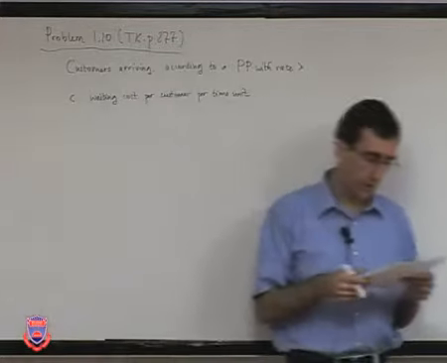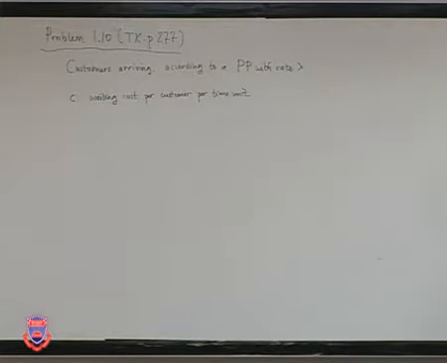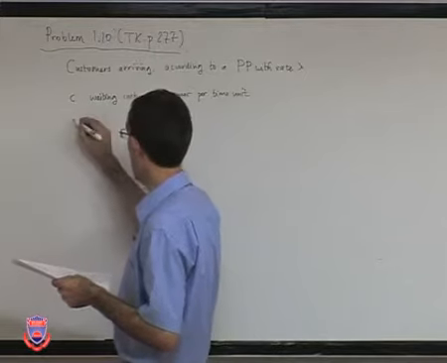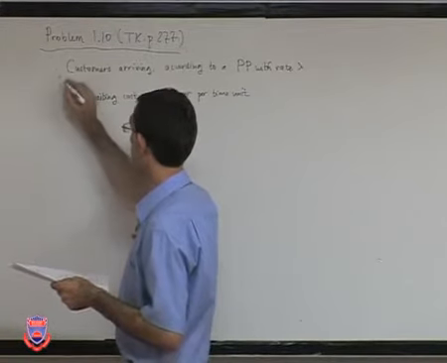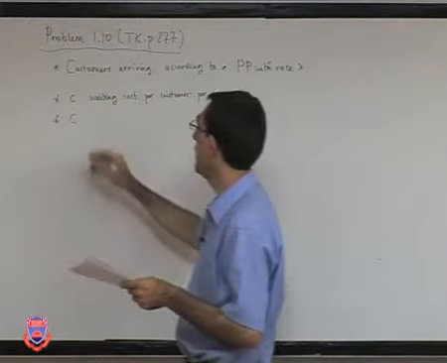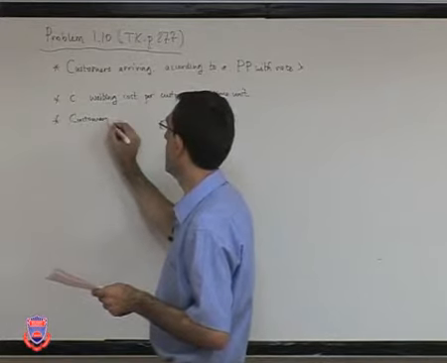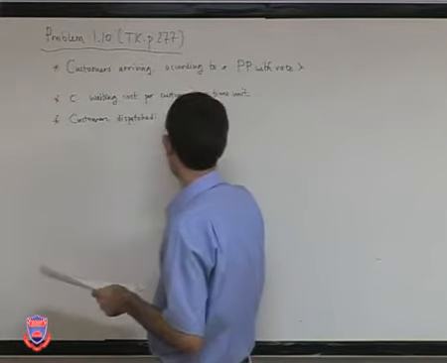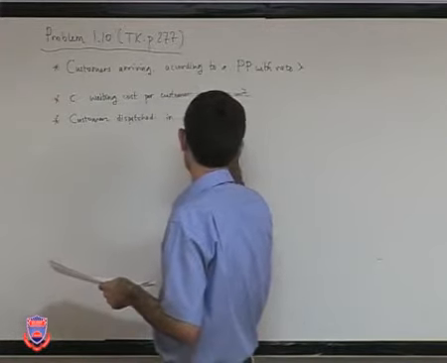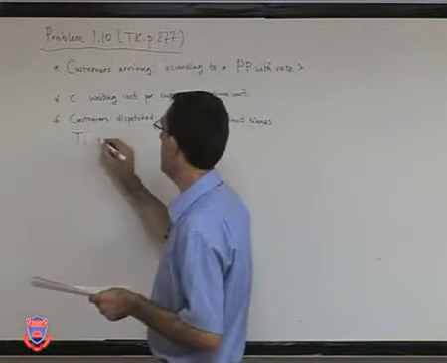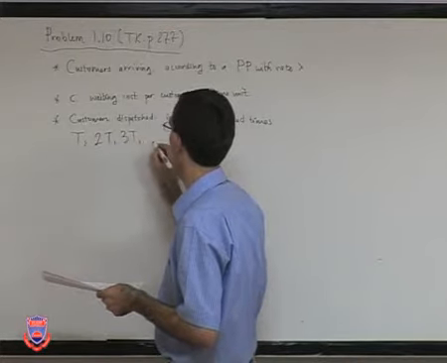Okay, it is given: customers gather at the facility and then are processed or dispatched in groups at fixed times, like T, 2T, 3T, and so on, right? This is just a summary of the question. Customers are dispatched in groups at fixed times T, 2T, 3T, and so on.